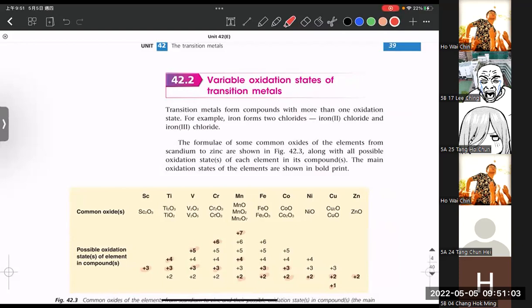Now take a look at those electrons to be filled, because you talk about oxidation states. Can you relate? For scandium, as said before, it is 2. Please mark the electronic arrangement here as well. 2, 8, and then